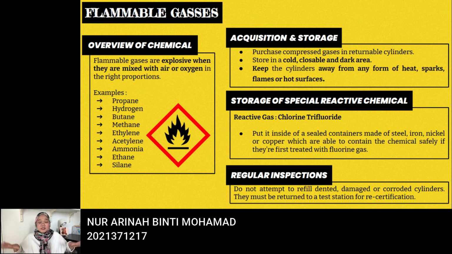Of all the dangerous chemical gases, chlorine trifluoride is known to be the most flammable due to its ability to burn without any ignition source, giving it the ability to exceed the oxidizing power of oxygen. The only known way to store chlorine trifluoride safely is to put it inside a sealed container made of steel, iron, nickel or copper, which are able to contain the chemical safely if they are first treated with